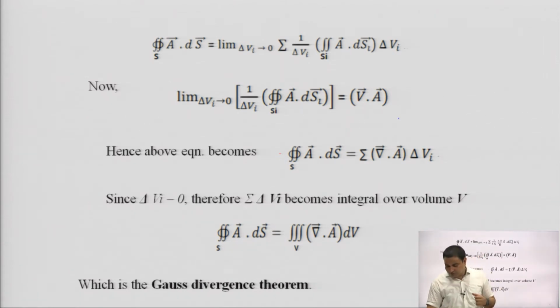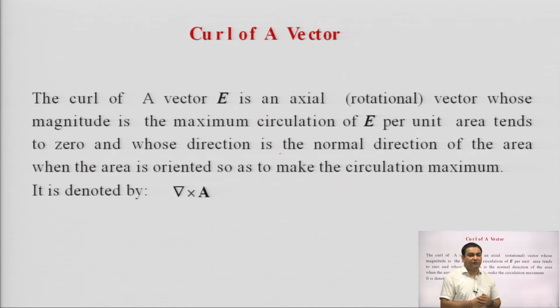Okay. So, coming to the next point, curl of a vector. Curl of a vector is a very important concept, as we already discussed about the curl. Curl is a cross product of the del operator with a vector. Okay. So, the physical interpretation of a curl always comes in the form of rotation, in the form of